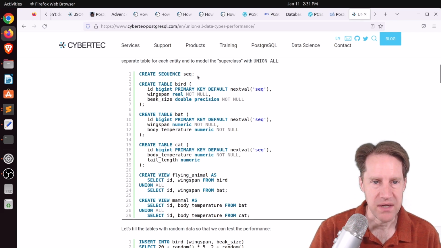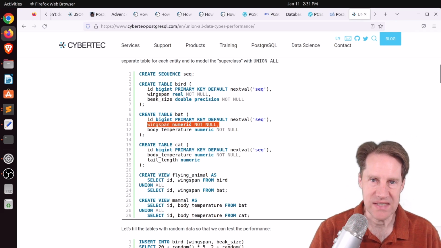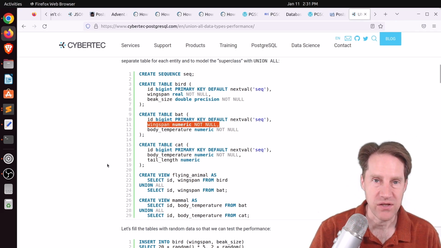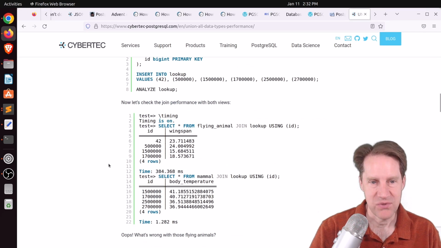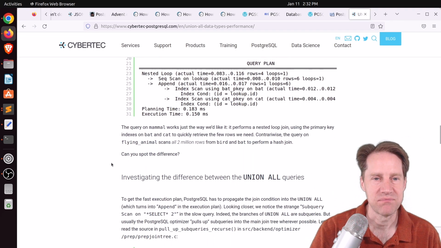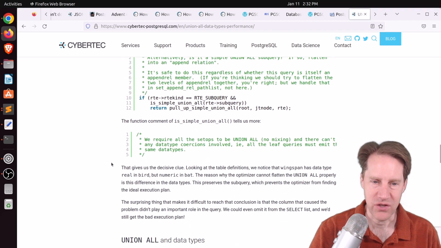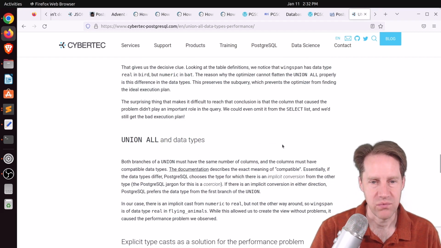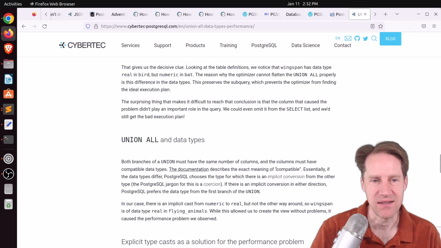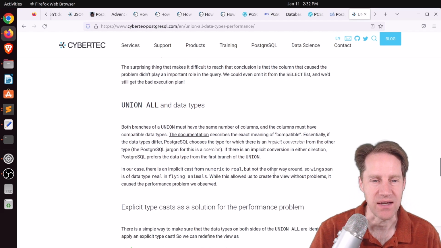response. The reason being, if you look at the tables here, the wingspan for bird, the data type is real. The data type for wingspan on a bat, it's numeric. So it was these data type differences that caused the poor performance. And this blog post goes into how they discovered it by looking at the explain plan and looking at the differences. So basically, what's going on is the implicit casting can't work because of the different data types, but you can